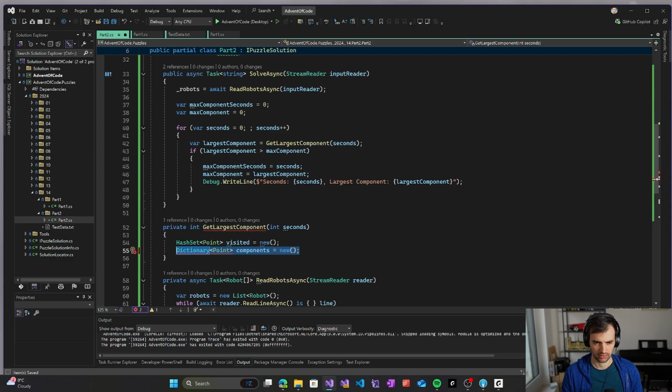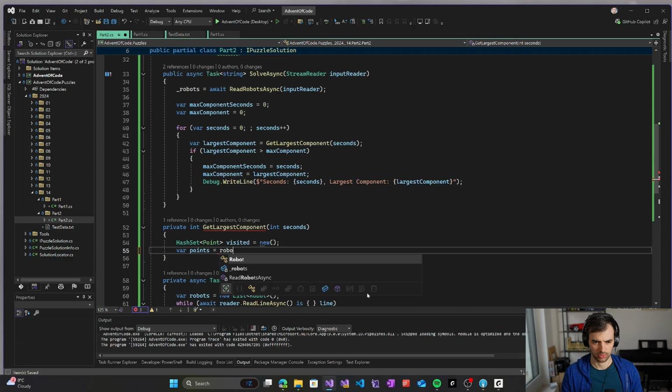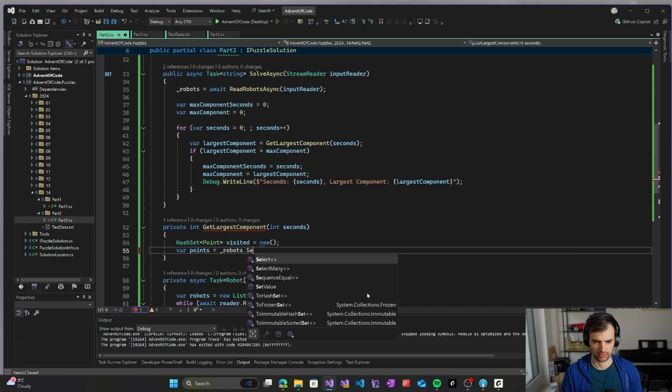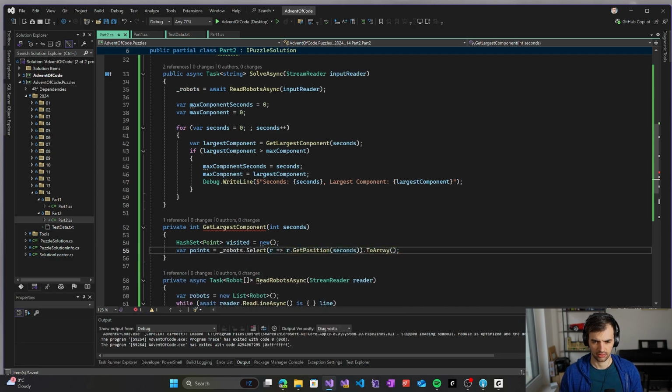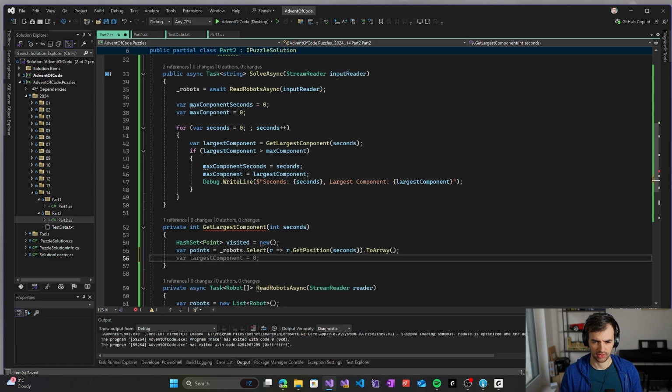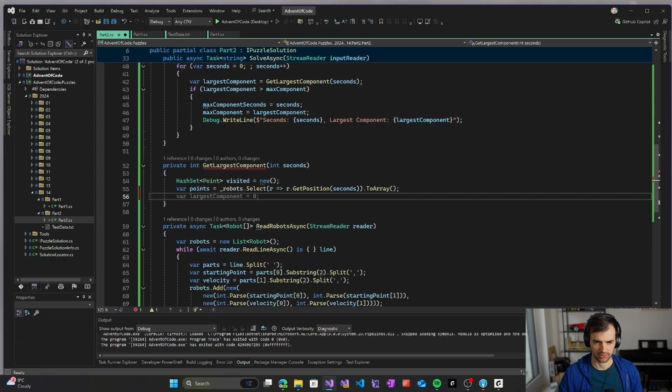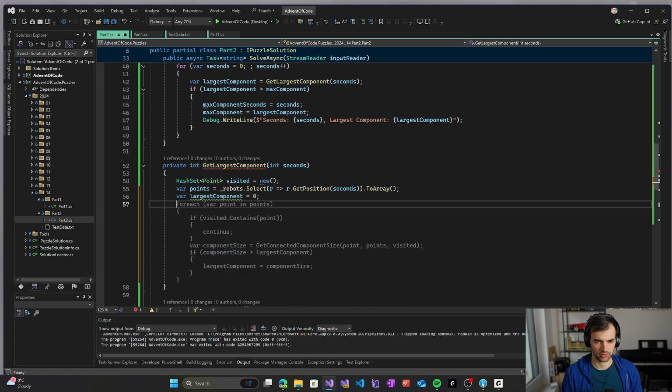So points, robots, select, get position at seconds. It's not memory efficient, but I guess it's going to be fine. So largest component, and what we will do is